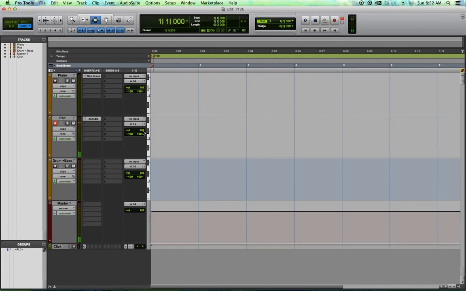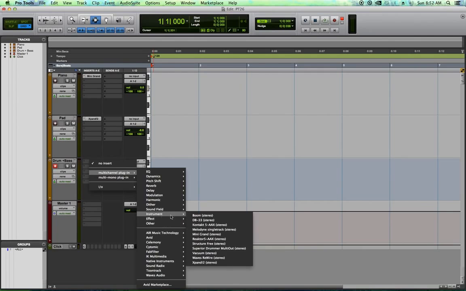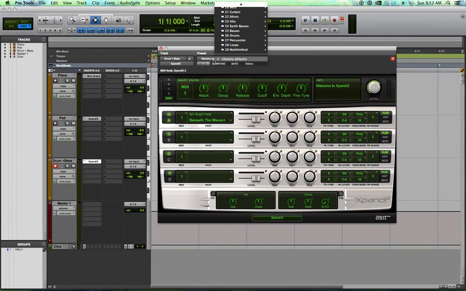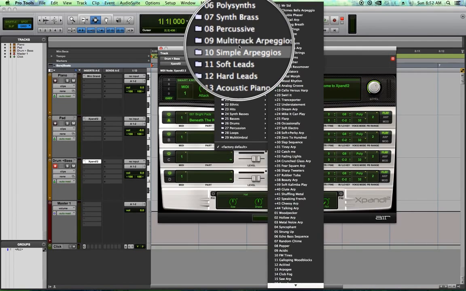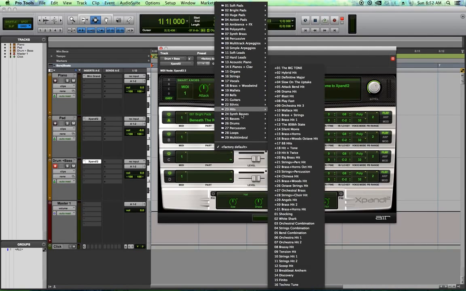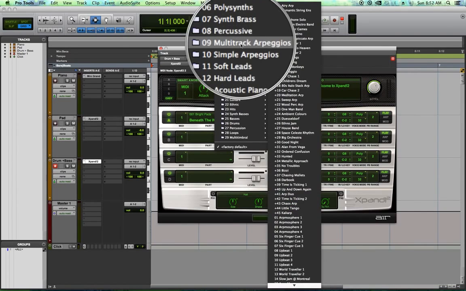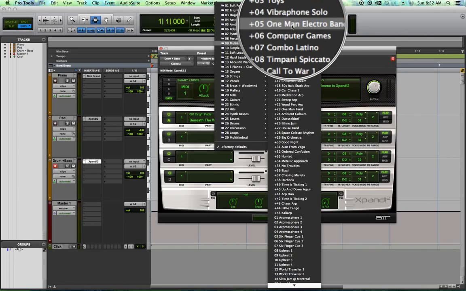Cool, I'm going to use that, but I'm just going to pull the volume down just a touch. And then the last instrument is going to be an expand instrument. One of the useful things about expand is there are a lot of arpeggiated settings, as well as loops built right in. Where's the loop? Here's the loop folder. The setting we're going to use is under multi-track arpeggios, and it's called One Man Electro